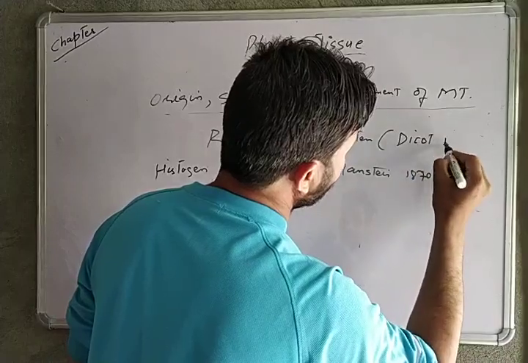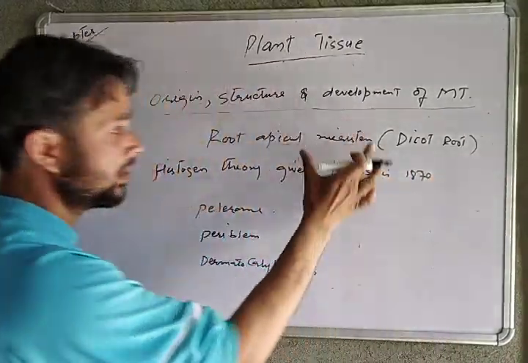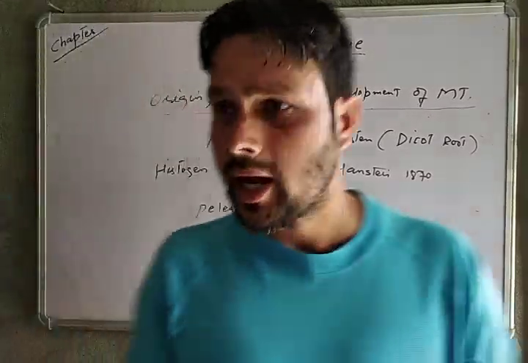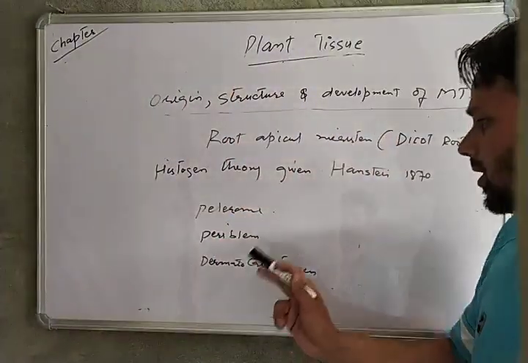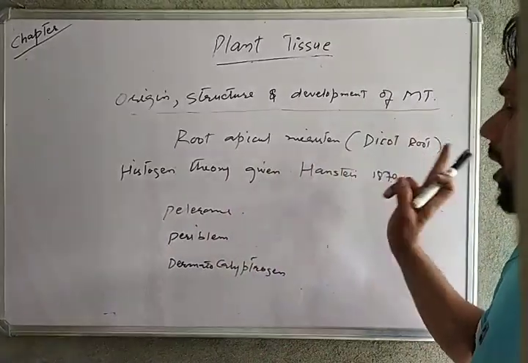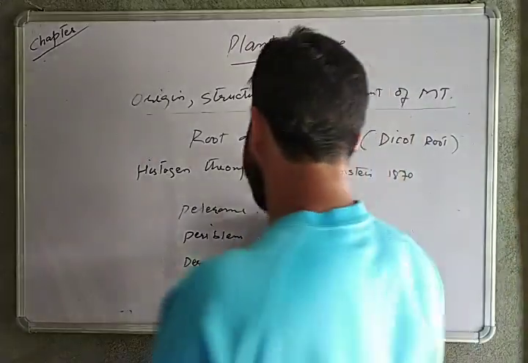If we talk of dicot root, Hanstein says these plerome, periblem and dermatocalyptrogen are the three parts of the root of dicot roots, in which plerome gives rise to